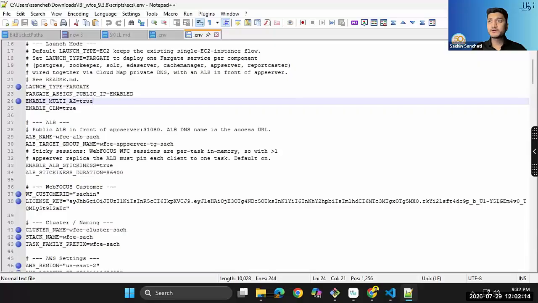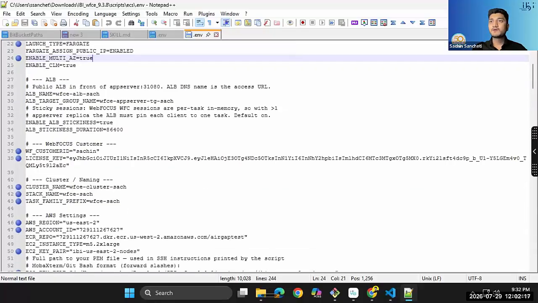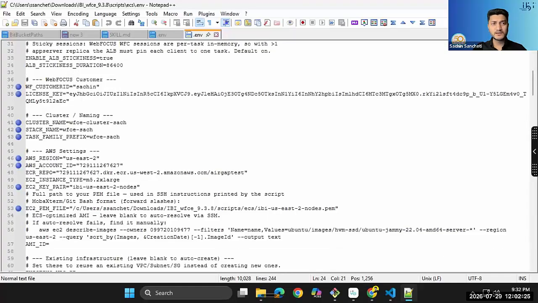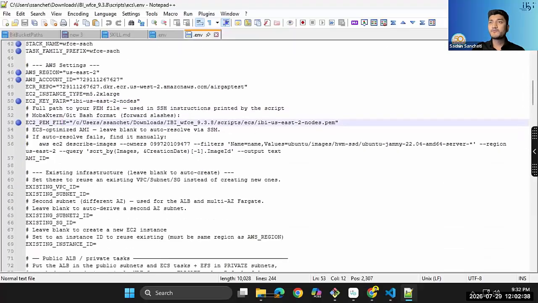you need to define your customer ID and license key. You can define your customer name, stack name, task family prefix. You can define your AWS region, your account ID, your ECR repo where you need to push your Docker images. You can push them from Docker Hub, or we have shipped images. You can push those images to the ECR repo. You have to provide your key pair, your PEM file. If you have an existing VPC, you can provide those details, or otherwise this infrastructure script will create a